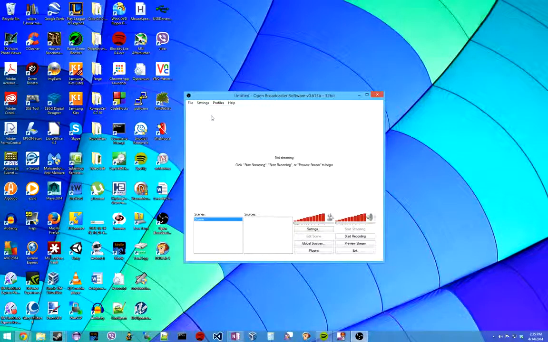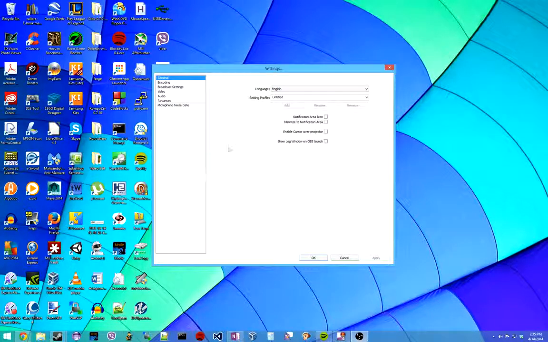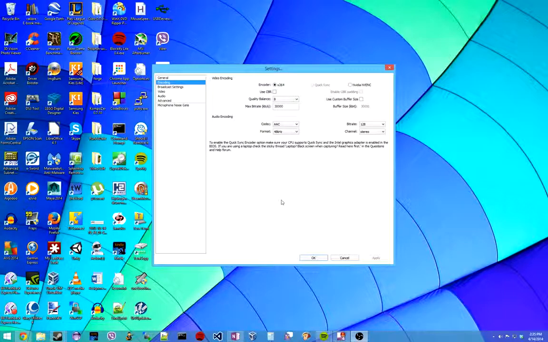Once you run the program, this is basically it. So the first thing you're going to want to do is click on settings, and settings again, and here are all your settings, obviously. So if you want to change your language, go ahead. I speak English, so I'm going to keep it at English. Right, for encoding,